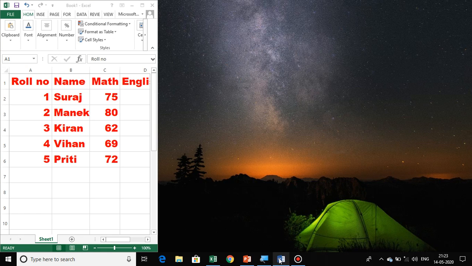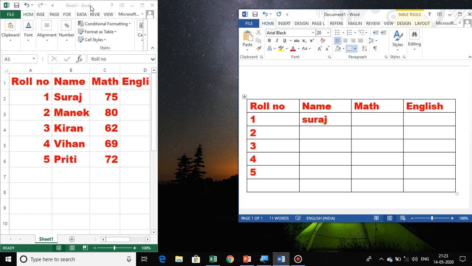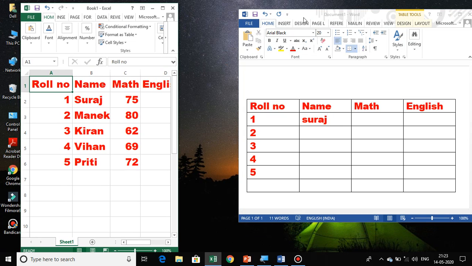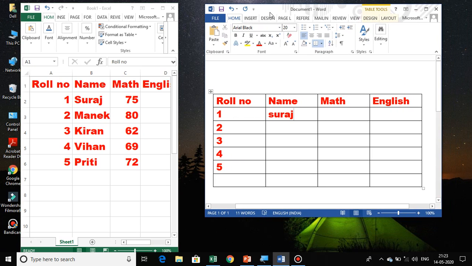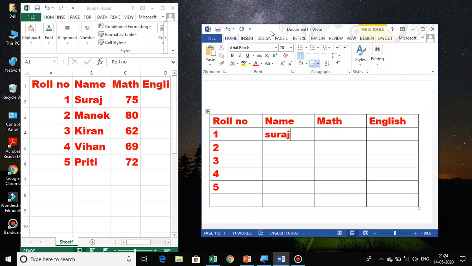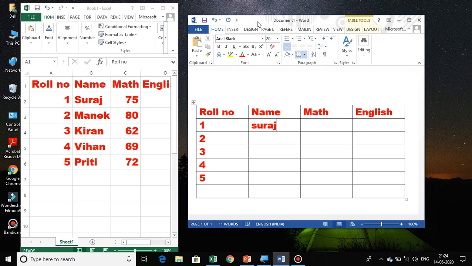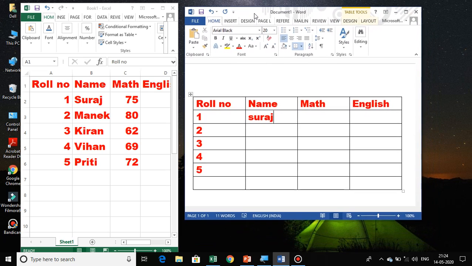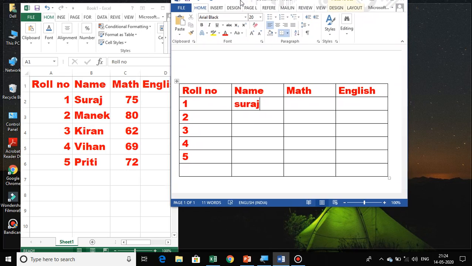Got it? Okay, so the first option in this one is snap. Snap means there are two windows on one screen. Okay, I take one window, left click on the title bar and go to the upper part of the screen.